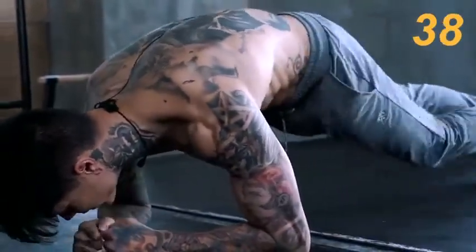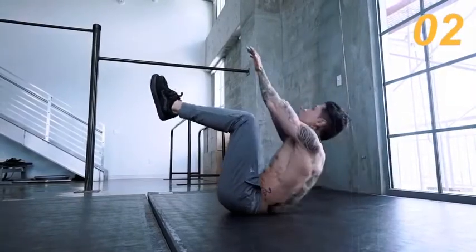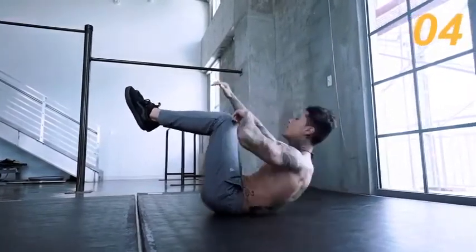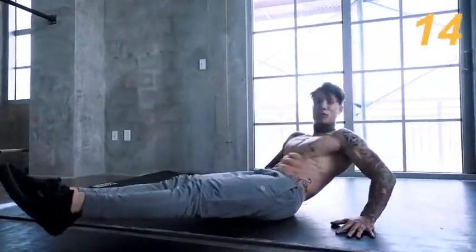It's all about control. Keep that core tight the whole time, guys. Let's start with one side first. Activate that core. Keep that core tight. Form, because you're gonna grow off of perfect form. If you start with sloppy form, you're gonna grow off of